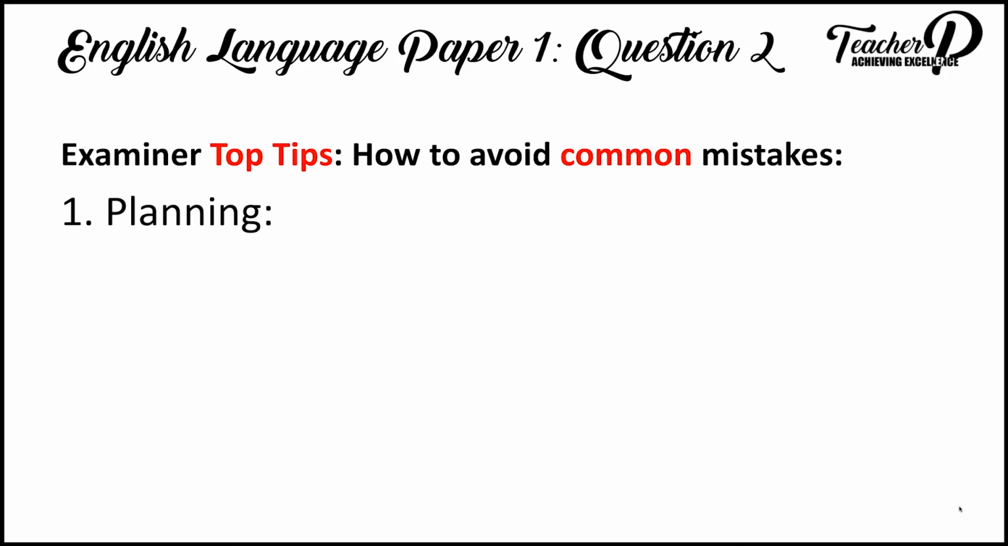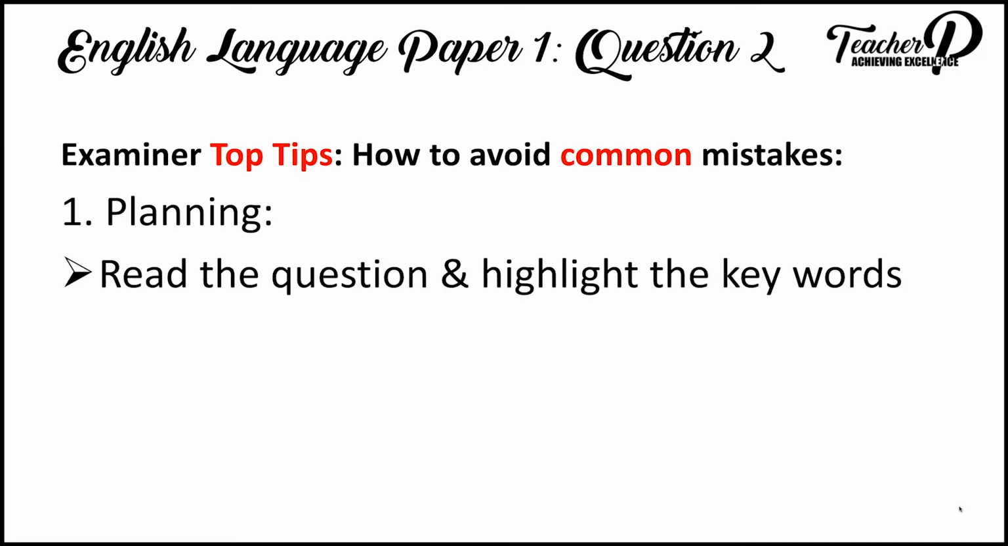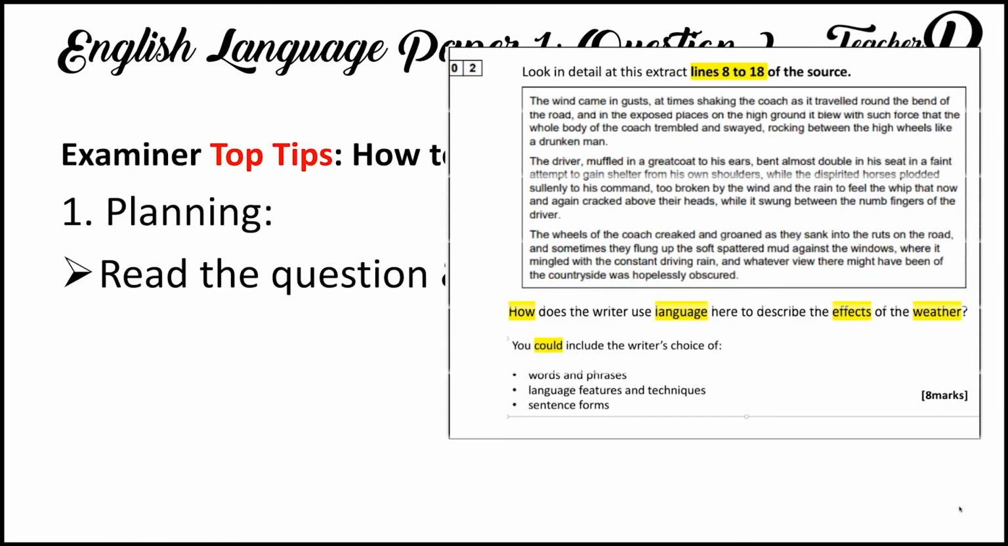So how do we avoid these common mistakes that the 2017 Year 11 cohort made? Here are my top tips on how to get full marks on this question. First of all, planning. Planning is essential. You must read and highlight the key words. So for example, you might want to highlight lines 8 to 18. You might want to highlight the word how to make sure that you are focused and reminded that you must